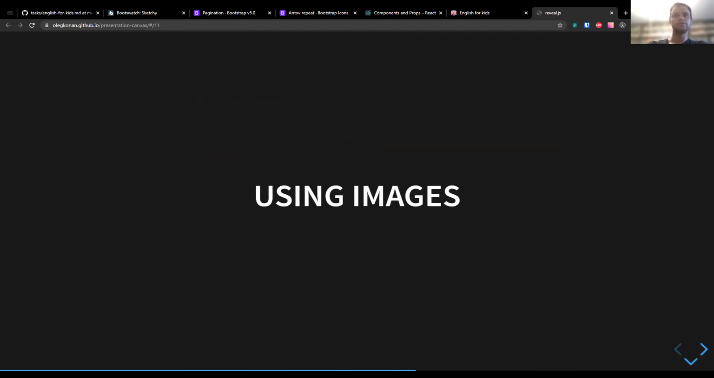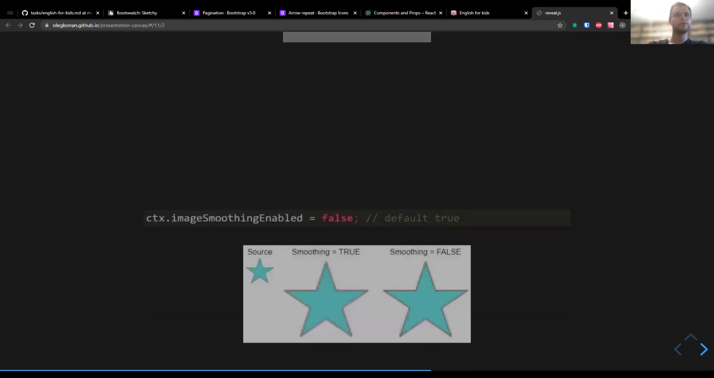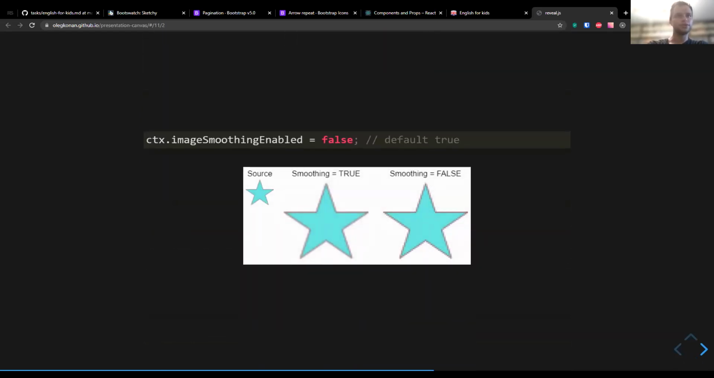We can also use images. If we pass 3 parameters, we can get a picture in whole. If we pass 5 parameters, we can scale the image. And if we pass 9 parameters, we can slice the image. And we can also change smoothing. As you can see in this picture, on the left side we have the picture with smoothing, and on the right side